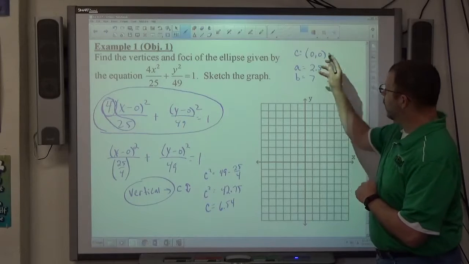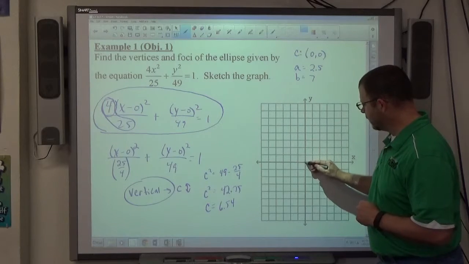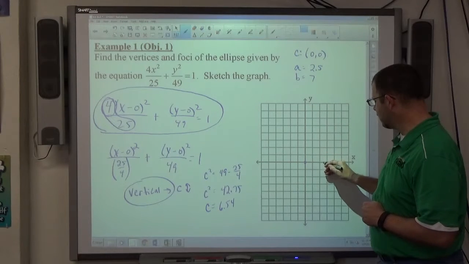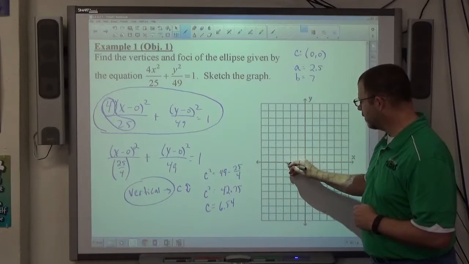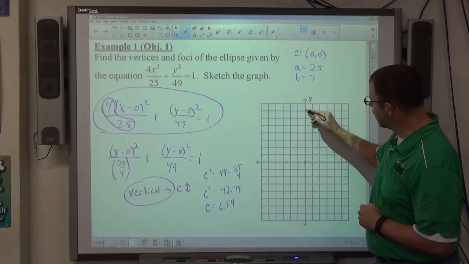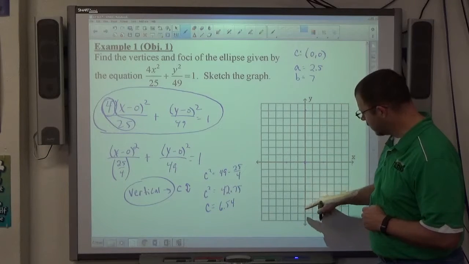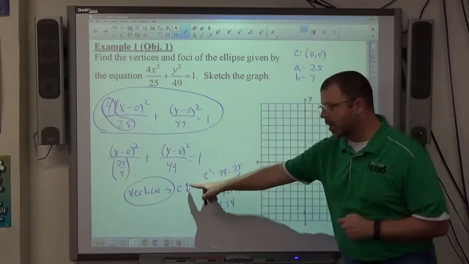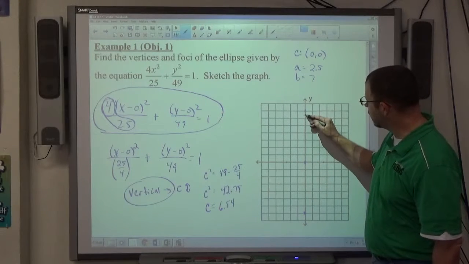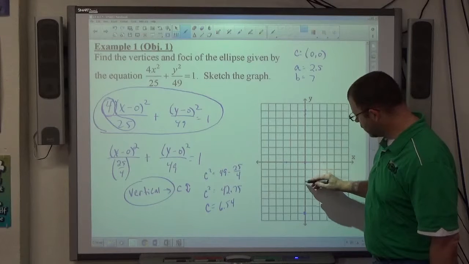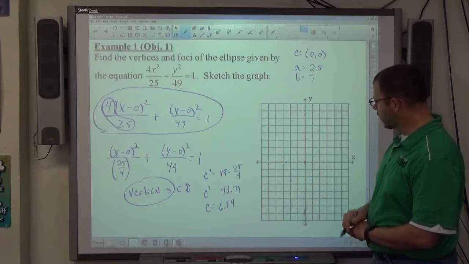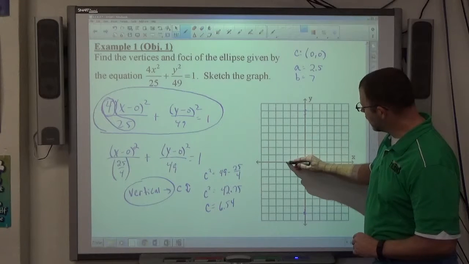So I know what the center is, 0, 0. I go a spaces left and right, so 1, 2.5, 1, 2.5. I go 7 spaces up and down, 1, 2, 3, 4, 5, 6, 7. And c is going up and down also. I've got to go 6.54 spaces for that. 1, 2, 3, 4, 5, 6.54. And 1, 2, 3, 4, 5, 6.54. Get my two focal points. And then I connect that with a nice elliptical shape